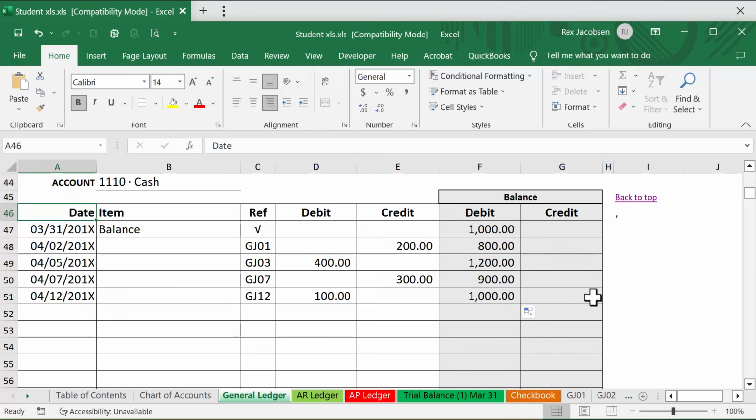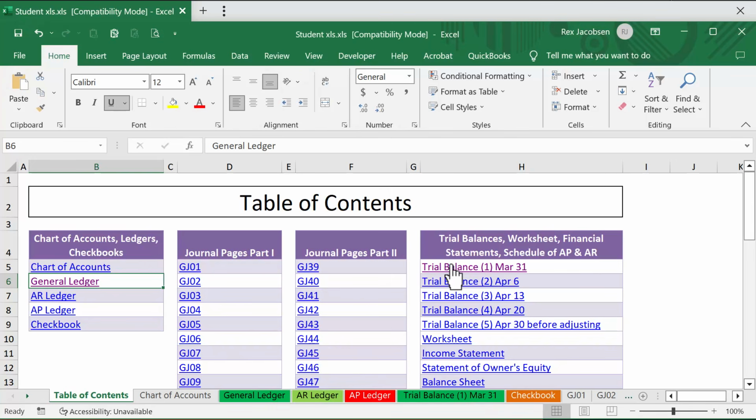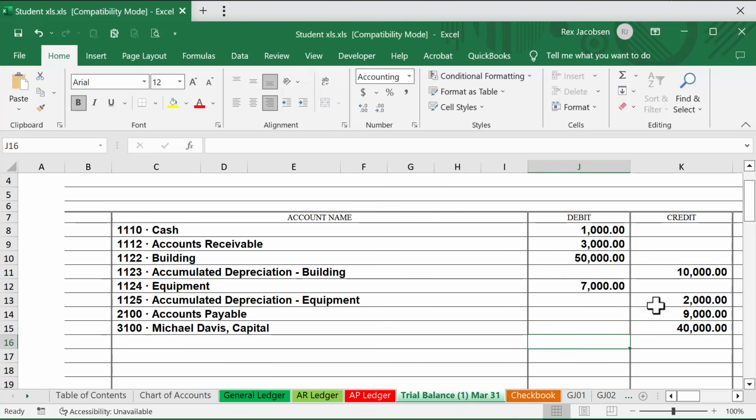Now let's quickly take a look at a sample trial balance. So to get to the trial balances, I'm going to click on Table of Contents. And let's look at trial balance 1. And I put in some random debits and credits here. Now some of you are not using formulas to calculate your total debits and your total credits. You should. You don't have to. I'm not going to mark you off if you're not, but you'd be silly not to use a formula to